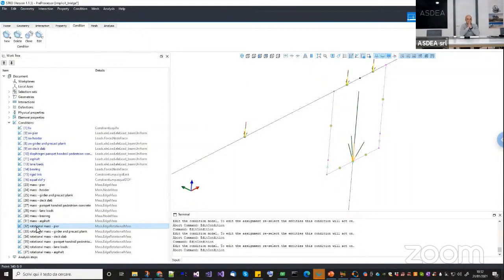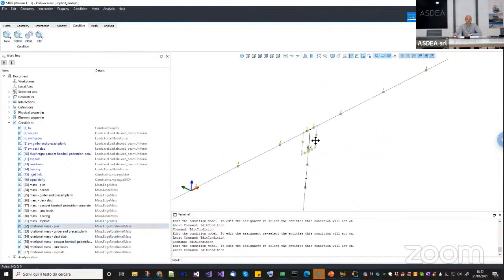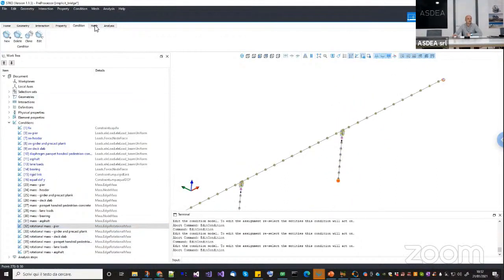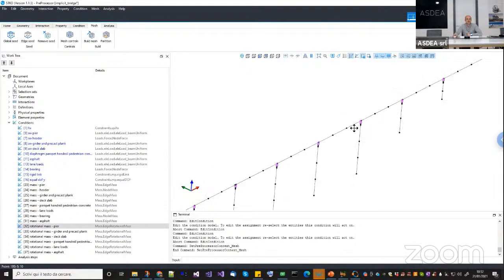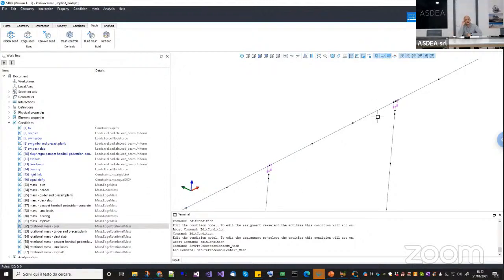Now, most of the time, we do not include rotational masses because they do not influence the analysis so much, especially if you discretize the model. And now I'm going to show you why we decided to include these masses. First of all, I want to show you that if I go on the mesh, you can see that I discretized the model. So instead of using just one element for every geometry, I decided to split them into three parts, okay? I decided to have more elements just because I'm doing a dynamic analysis, and as you know,